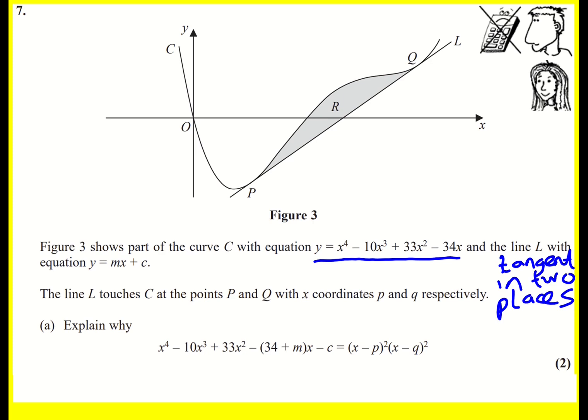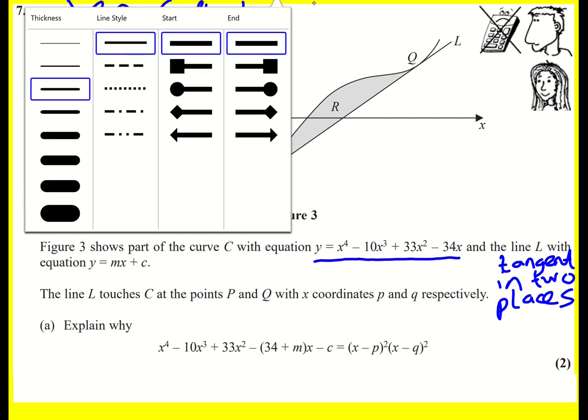So when I look at the left-hand side, I can kind of see that it looks like they've set the two equations equal to one another. And I think that's a good starting point anyway. If we're ever trying to solve for x, when we've got an equation involving x. So when C and L intersect,